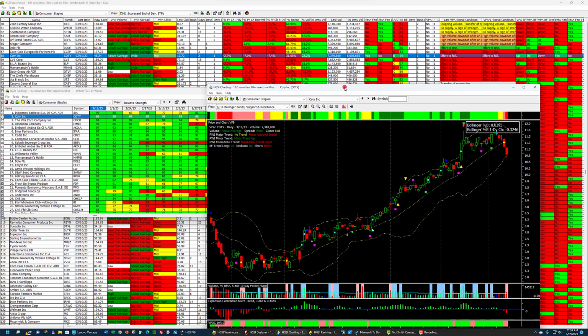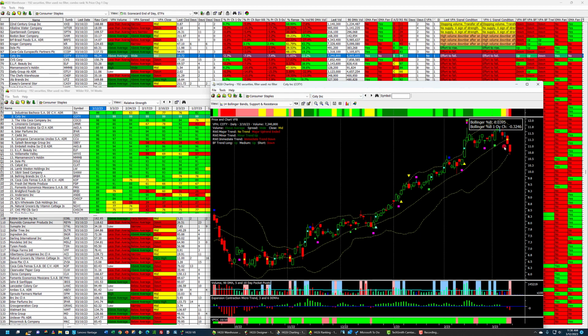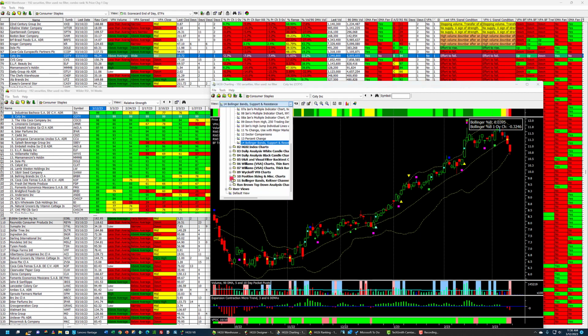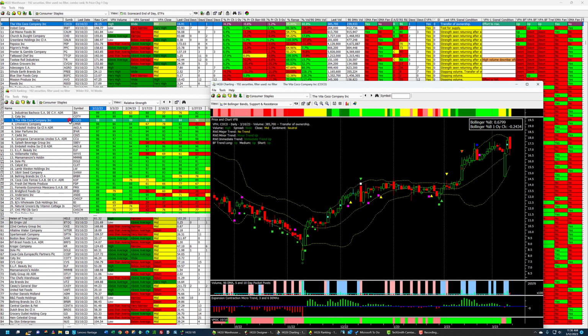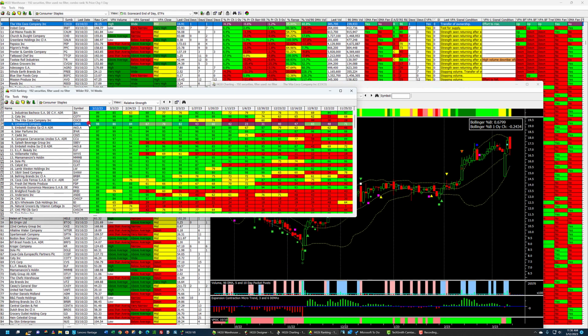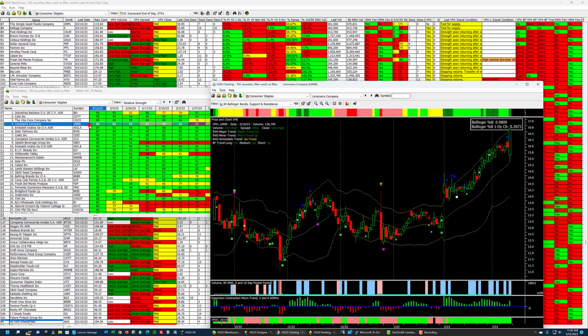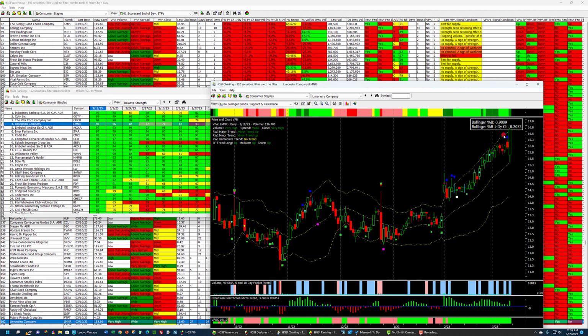Cody, it's pulling back, but it just came down to the lower band. Might be worth watching. I'm going to jump down to these other ones right here. I think this is the same chart. Pretty much the same chart. Cocoa. But all of these stocks, look at this one. Near the top. These are trending. The ones near the top.